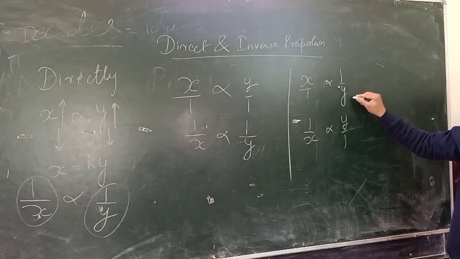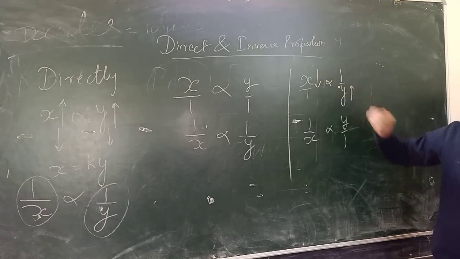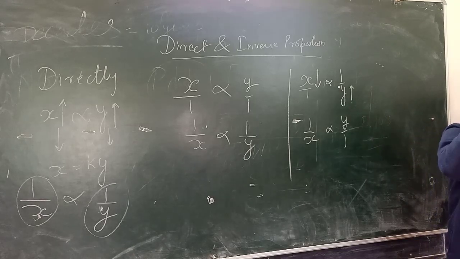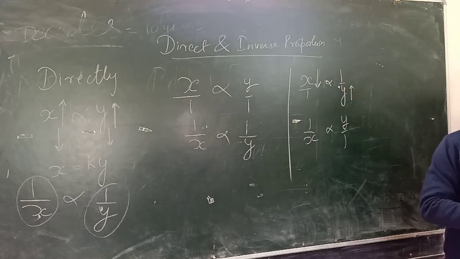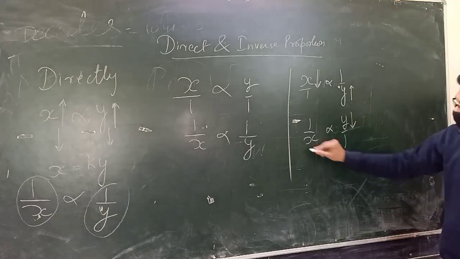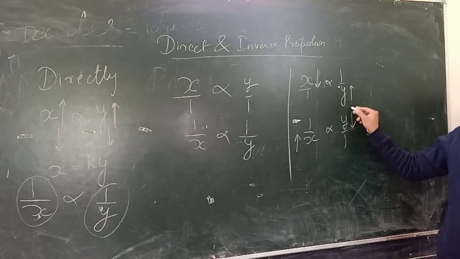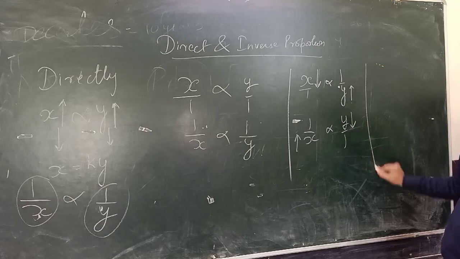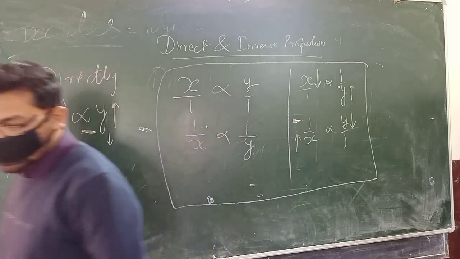Inverse relation, because if you increase the value of y, there is a proportional decrement in the value of x. If you suppose increase the value of y, there will be a similar proportional decrement in the value of x. Similarly, if you decrease the value of y, there is an increase in the value of x. So this is inverse relation, where one value increases, then the other value will decrease. Please note it down fast. Then we will do some questions based on this.